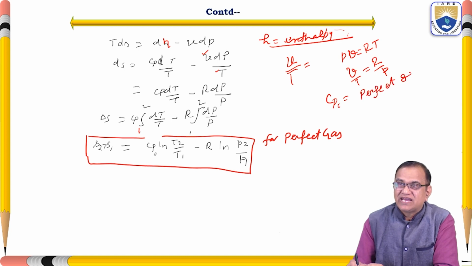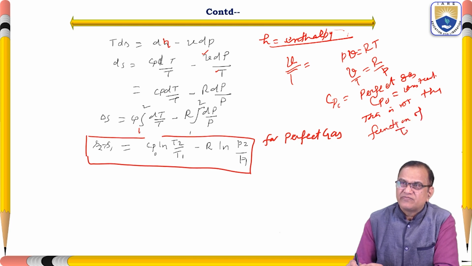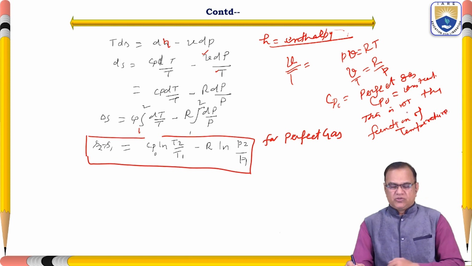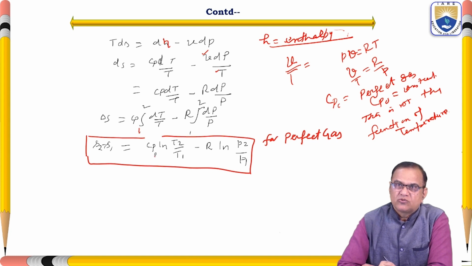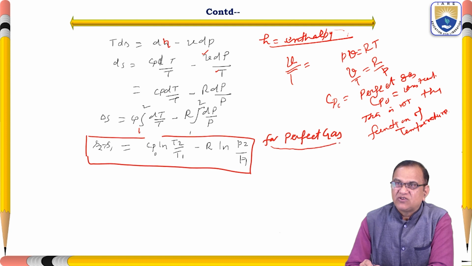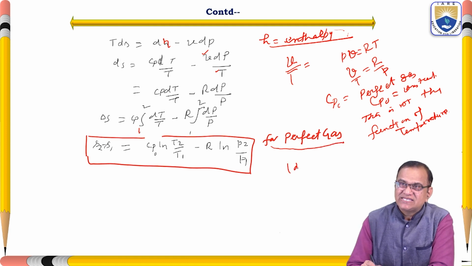This is for the perfect gas, where Cp naught will be constant, and this is not a function of the temperature. So here S2 minus S1 is equal to Cp naught ln T2 by T1 minus R ln P2 by P1. So for the perfect gas, this is the equation, and for the ideal gas